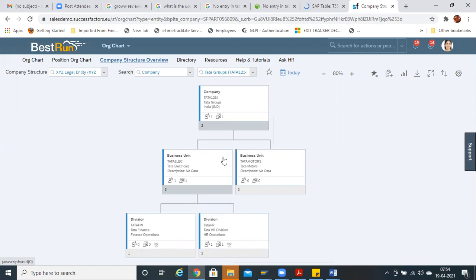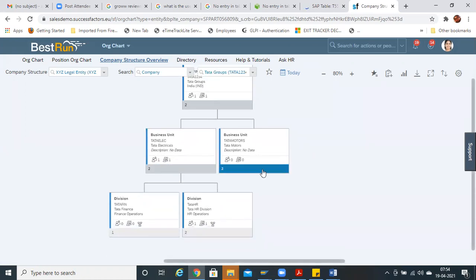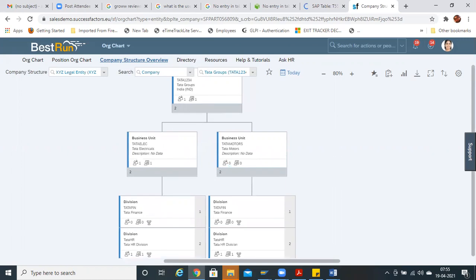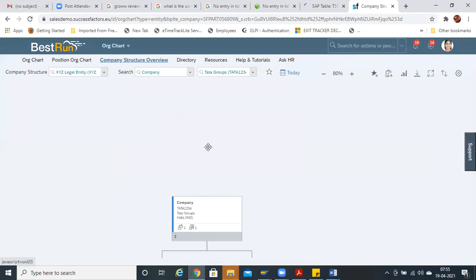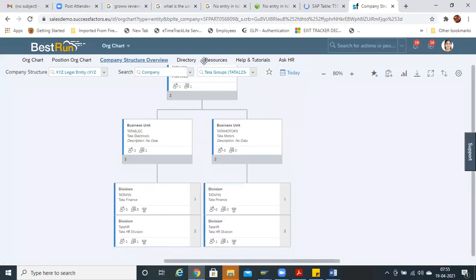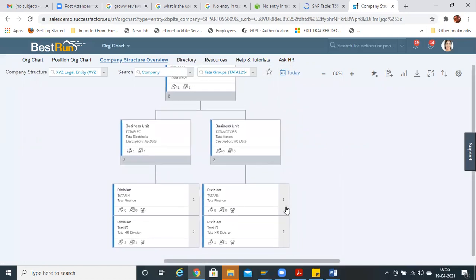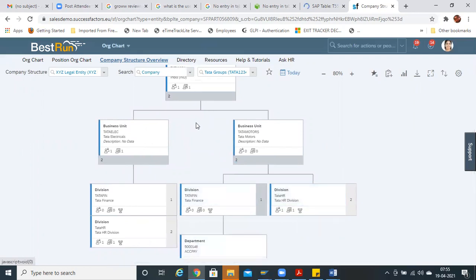Company has two business units. Each business unit may have one or two divisions. If you can see here, each business unit, you can just move the graph around and you can see. Now each division may have departments.